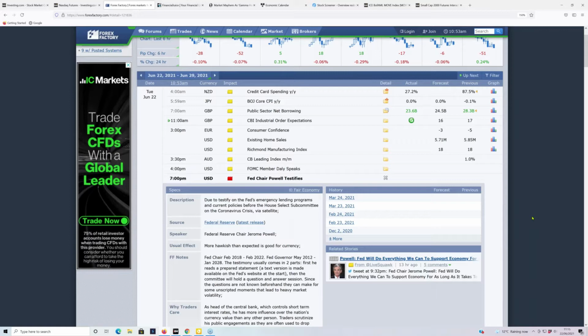The way the market reacts to comments from these people is essentially, if someone who has always been considered a bit of a dove suddenly makes a hawkish statement. A dove's approach to monetary policy is much more laid back. It's much looser. They're happy to sort of print loads of money, pretty much what's going on at the moment. Powell certainly sits in that camp.